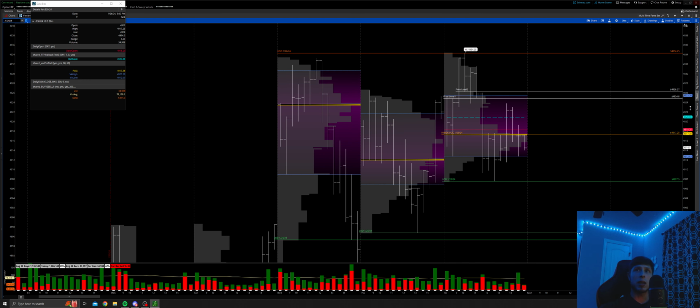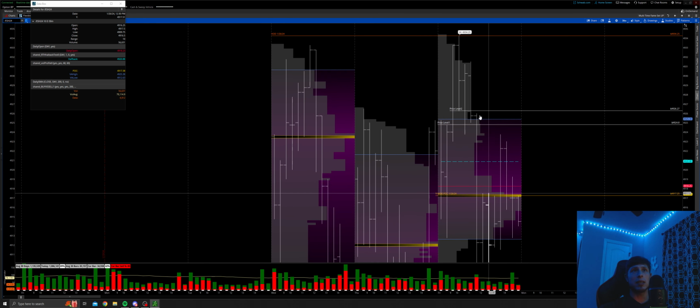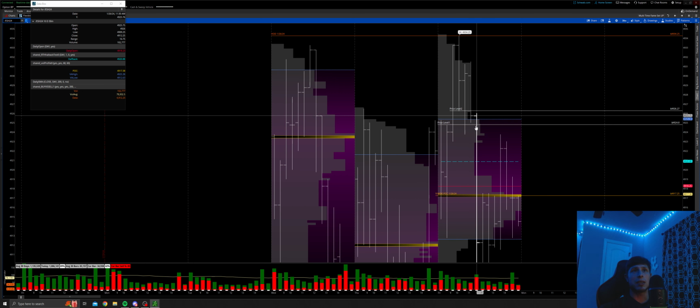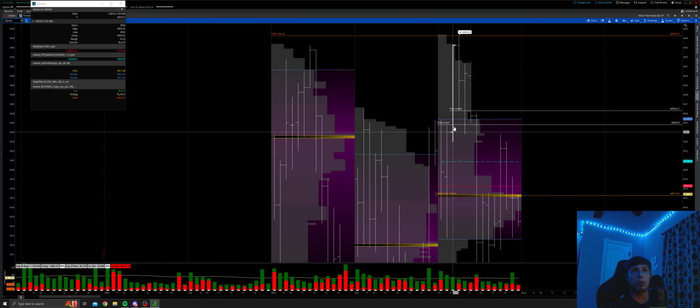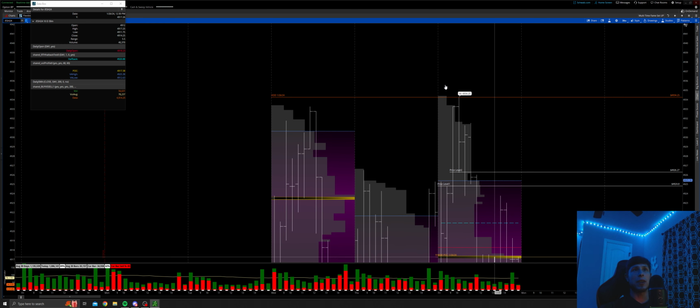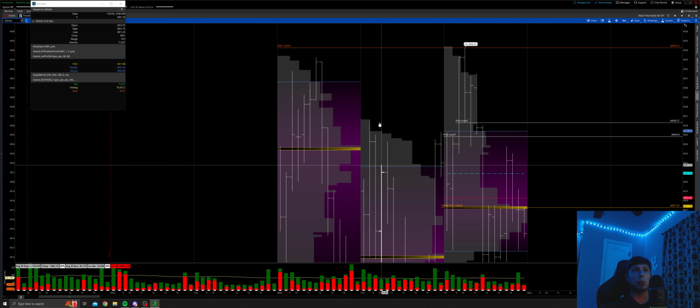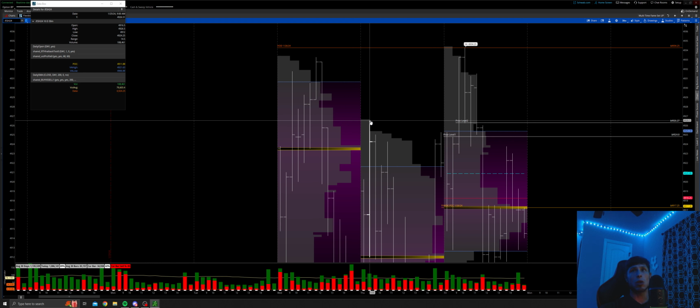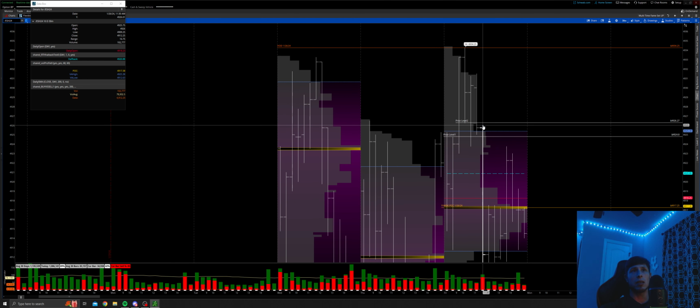Well, they failed to do that, right? You can see in G period, we couldn't get up there. Instead, we get 1, 2, 3, 4, 5 wide down here. So we keep point of control down here. And then once we took out these lows, seeing that we failed at all-time highs and we were beginning to fail at an inside day up as we came back inside of the previous day's range, right? Once we closed back below 26.50 in G period, the long game was kind of over,